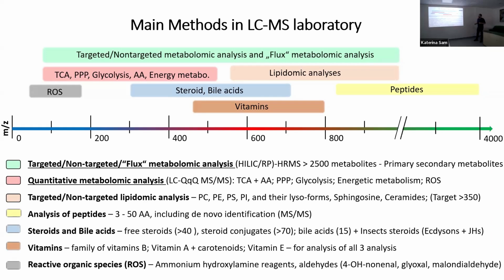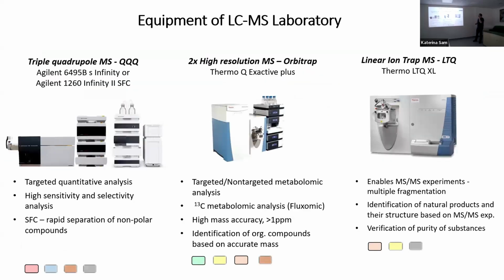Next is the analysis of vitamins, and now we have established a new platform for the analysis of reactive oxygen species. That typically means markers of oxidative damage of the cells. This is our equipment. We have two high resolution mass specs for metabolomics. This is a low resolution, and this is a low resolution for quantitative